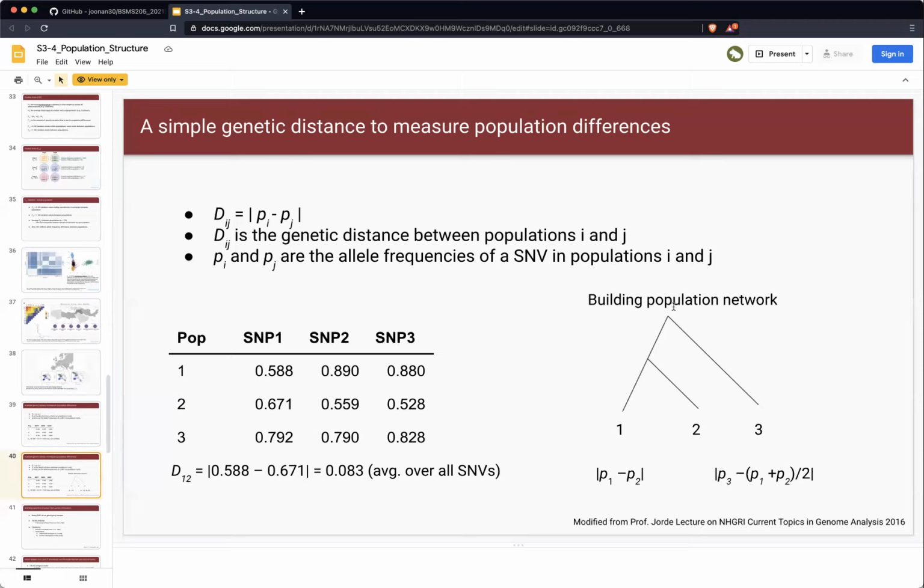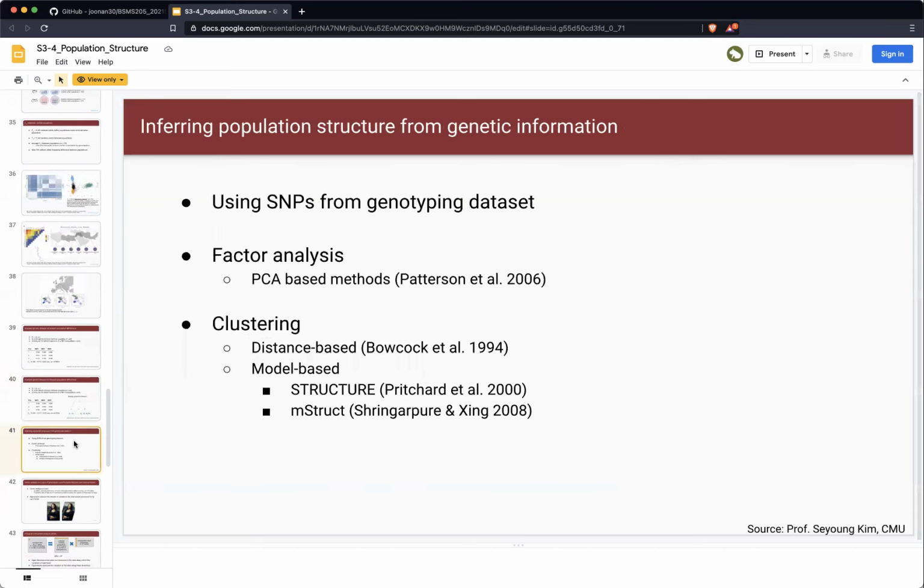So from the founder population, you can describe the first population diverging from the origin, and then you can also think about the second divergence, right? If you think about the out of Africa situation, then you can think about the African population versus the non-African population. Then you can think about two populations that diverged more recently, which could be East Asian versus South Asian, something like that. Okay, so if you infer the population structure from genetic information, then the easiest way we can use is